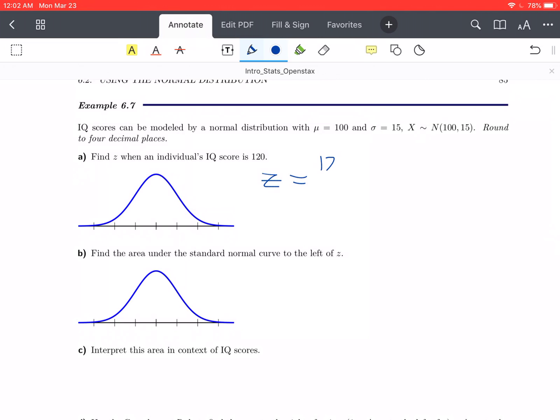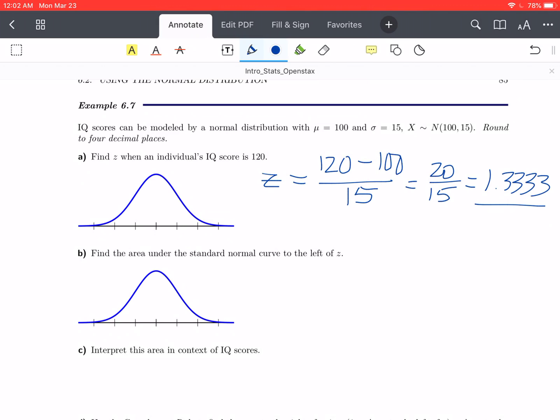So that's going to be x, right? So the value minus the mean, so 120 minus 100, over the standard deviation. So that is going to be 20 over 15, right, or 4/3, but that's also, as a decimal, 1.3333, right, rounding to 4 decimal places. So we get